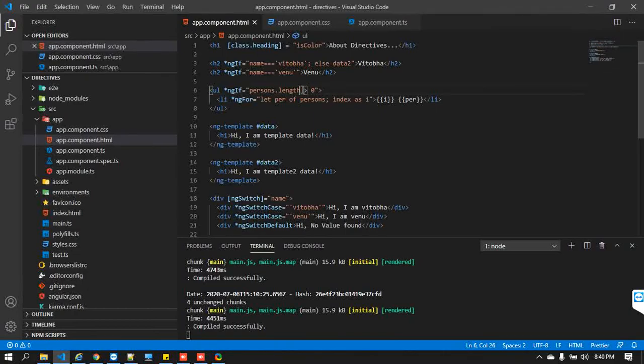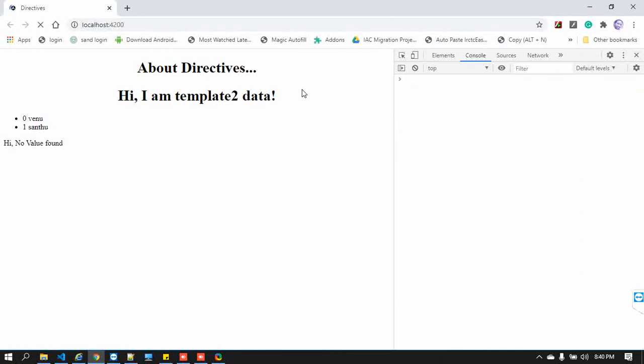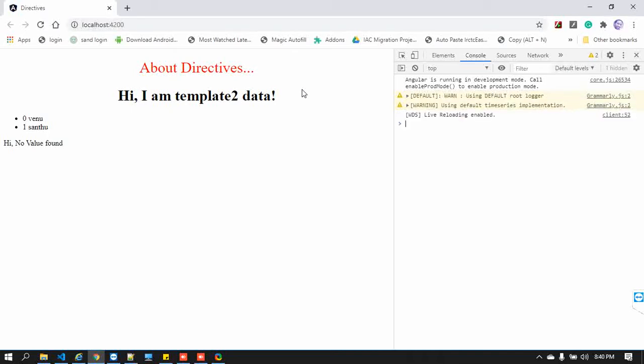We'll see that. In that way you are able to handle the attributes of your respective element.